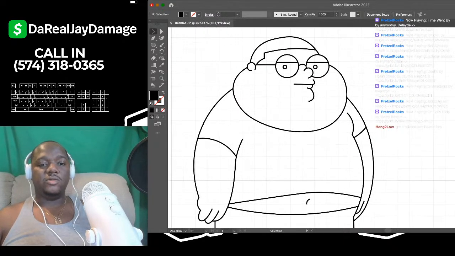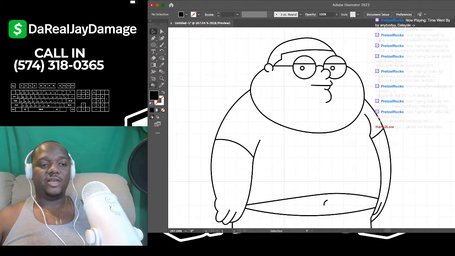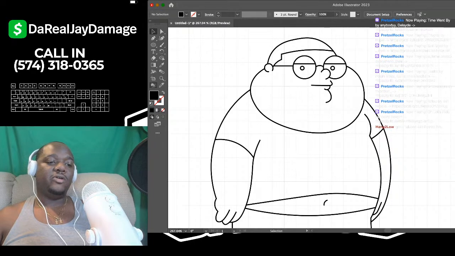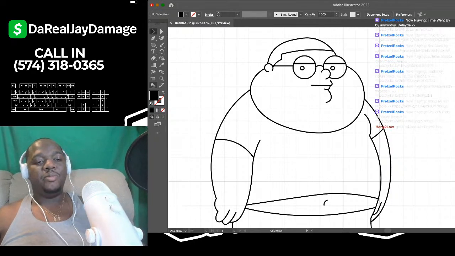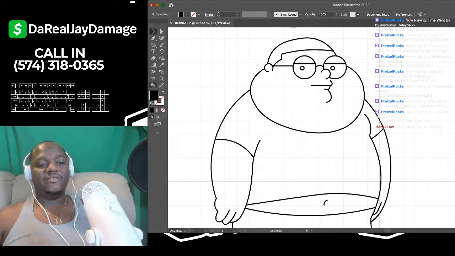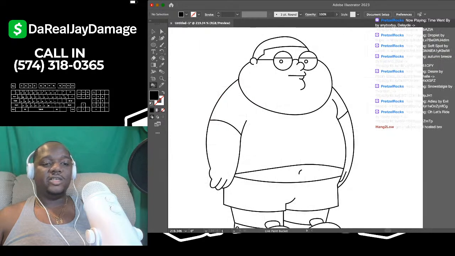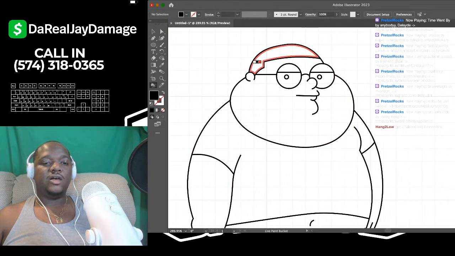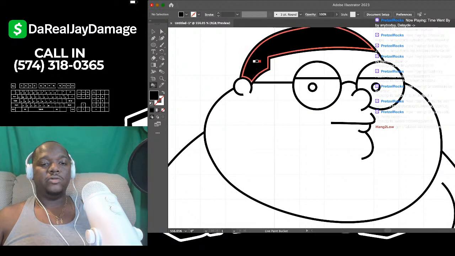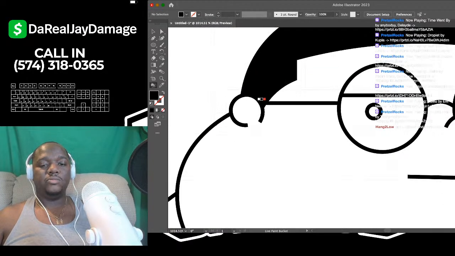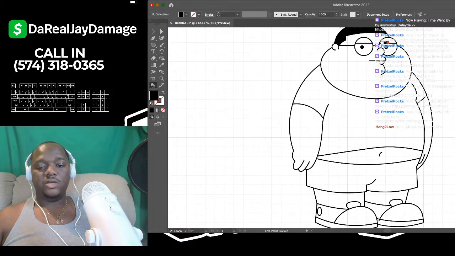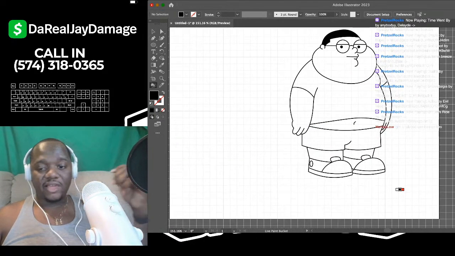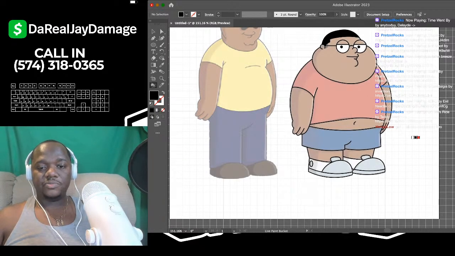Okay, so what I want you to do now is click your live paint bucket. On the bottom left-hand corner of the screen, it's the very bottom tool, bottom left side tool. Click on that. If you hover your mouse over it, you'll be able to see it, as I always say. Now start coloring all the black parts. Boom. Boom. Color in the dots on his eyes. Make sure you get everything colored that needs to be black first. That's always the first thing I do.